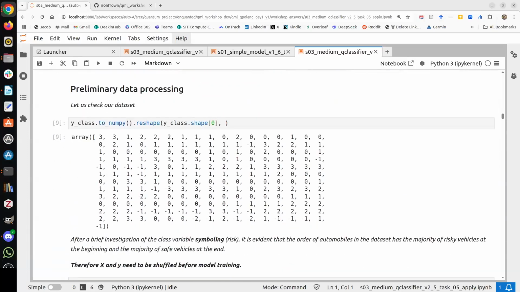So the first thing is I look at the class. It's actually a column in the data frame. I cast it to NumPy so it takes less space and reshape it so I can actually see it. If we look at it, you can see that we have negative values and positive values interspersed, but most of the low values are at the end. So that data has not been shuffled well. That's the first observation. It is sort of random, but most of the high values are summed up to here. So if we have a 70-30% split without shuffling, we're going to be in trouble, unless we shuffle it